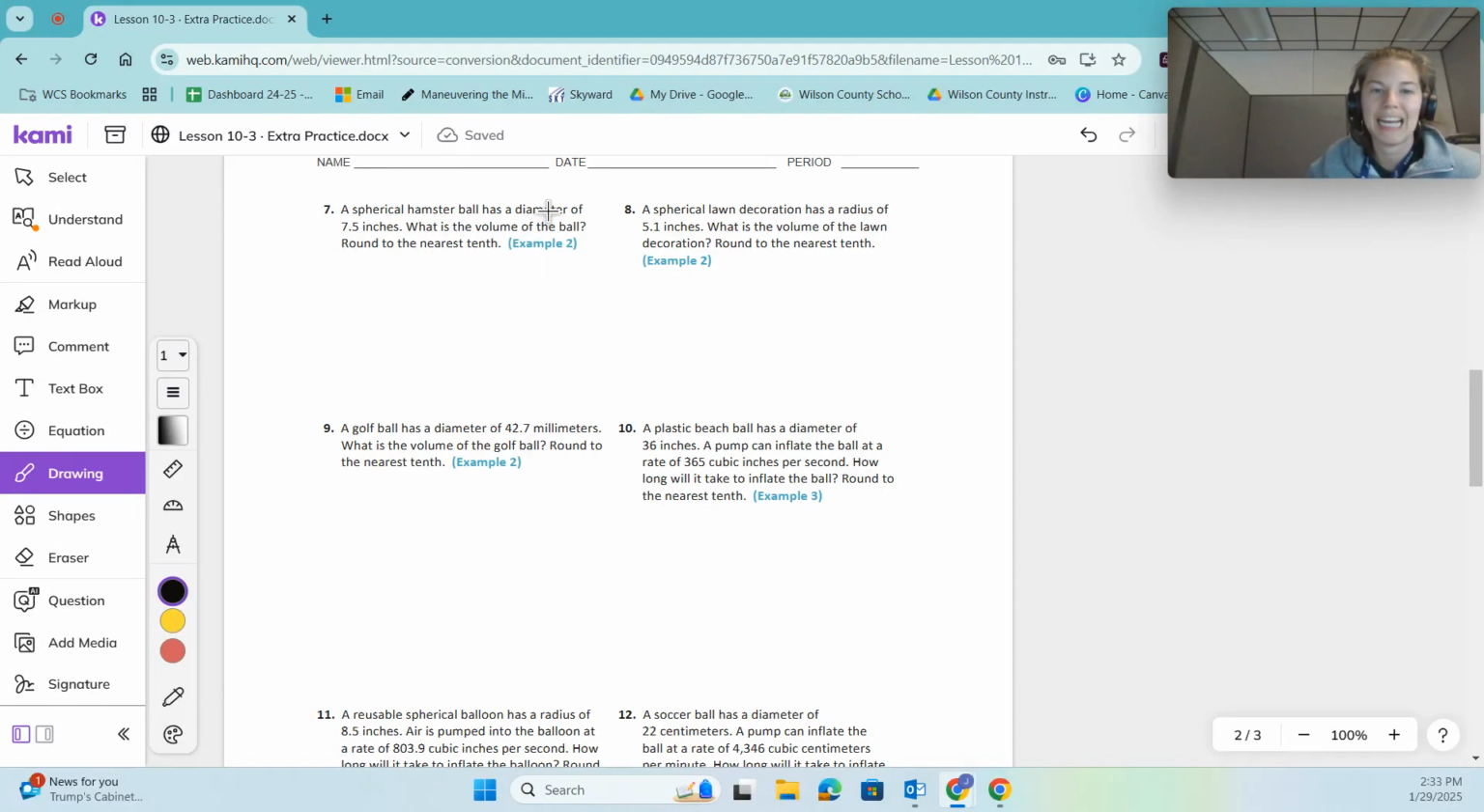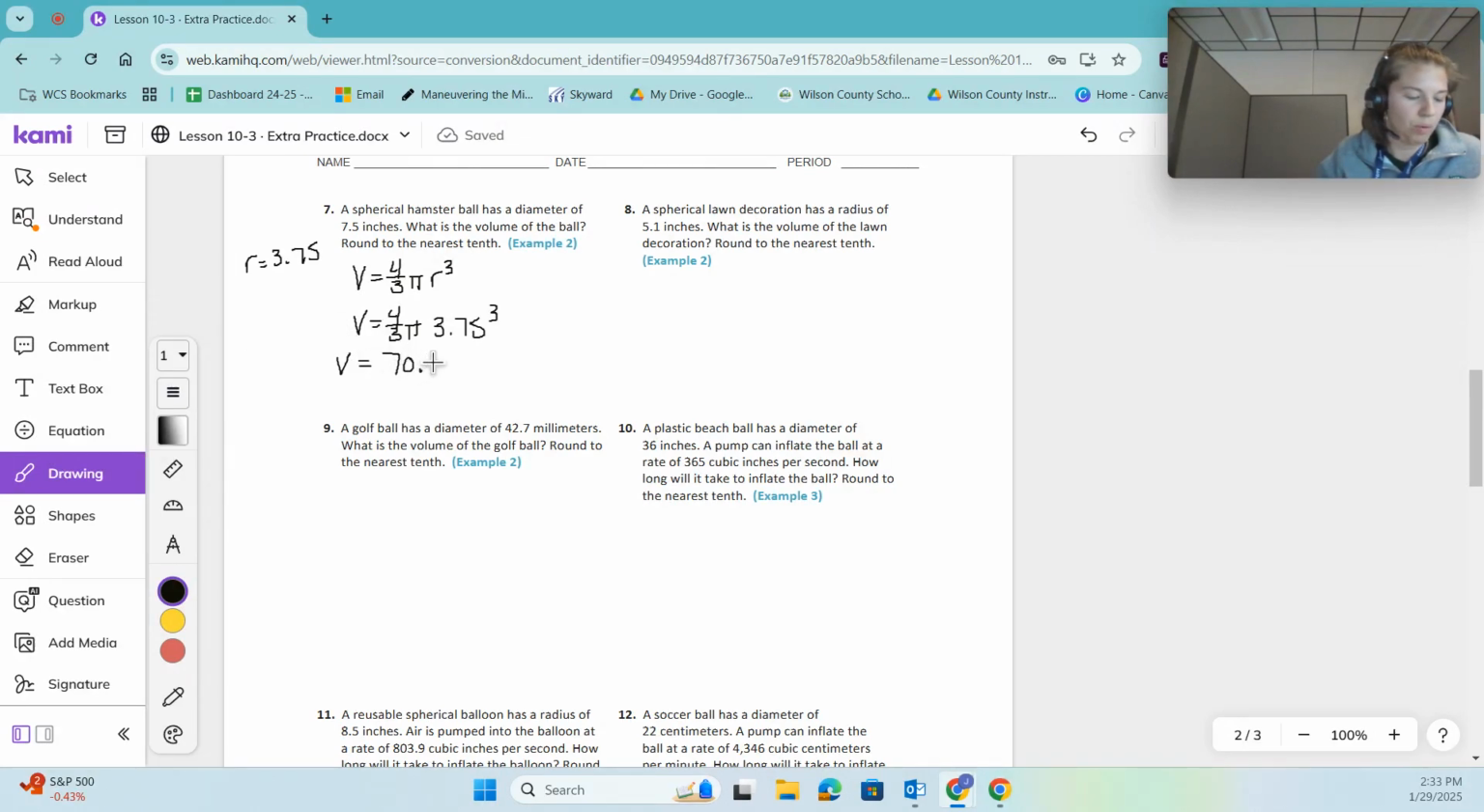A spherical hamster ball has a diameter of 7.5. So we need to find the radius there, which is half of the diameter. So my radius is going to be 3.75. What is the volume of the ball? Round to the nearest tenth. So volume equals 4/3 pi times radius cubed. Volume equals 4/3 pi times 3.75 cubed. This does say round to the nearest tenth, so I get volume is equal to 70.3125 pi